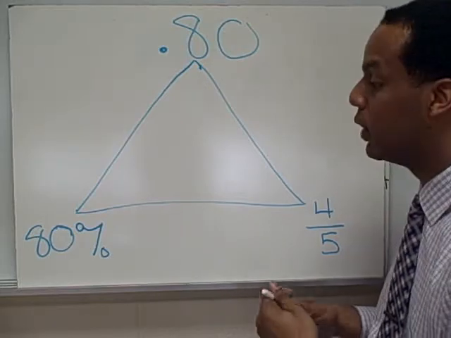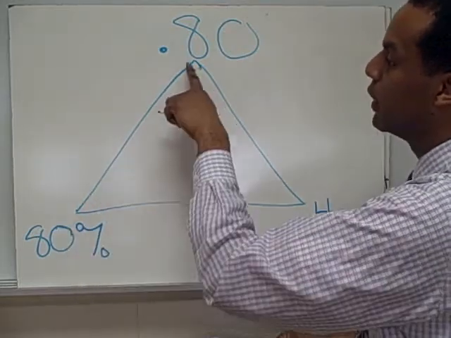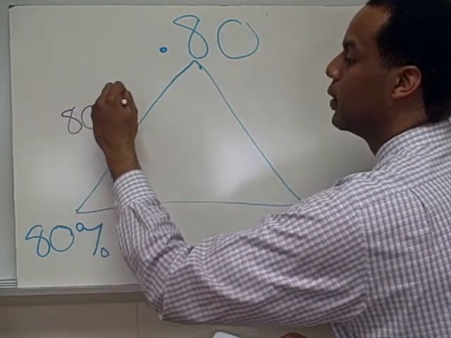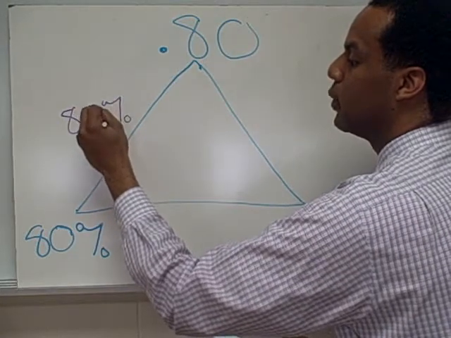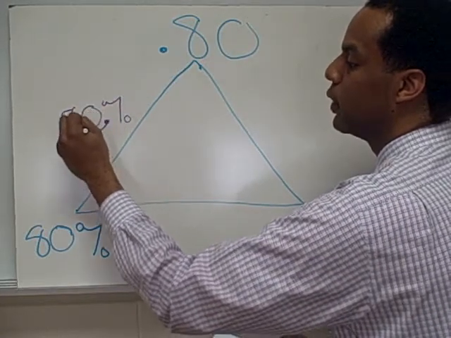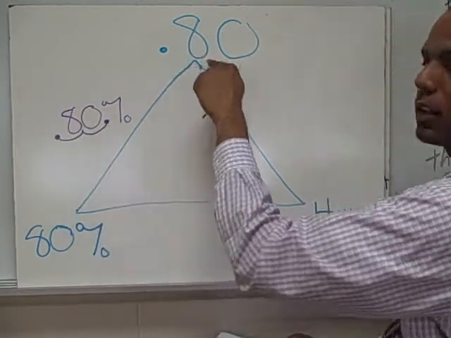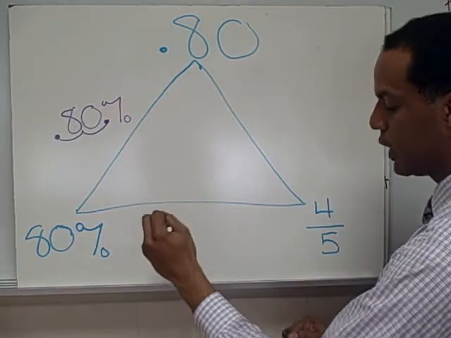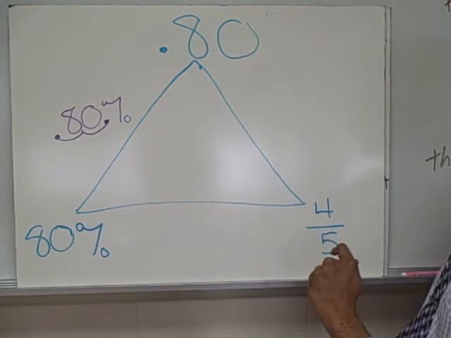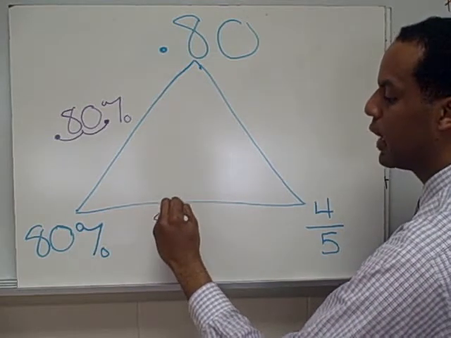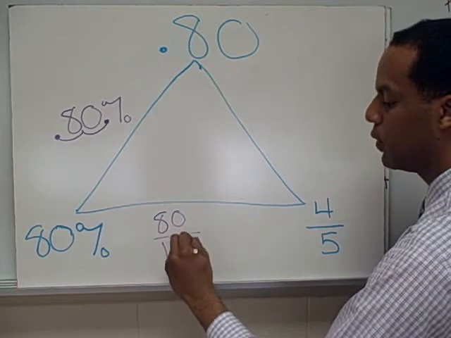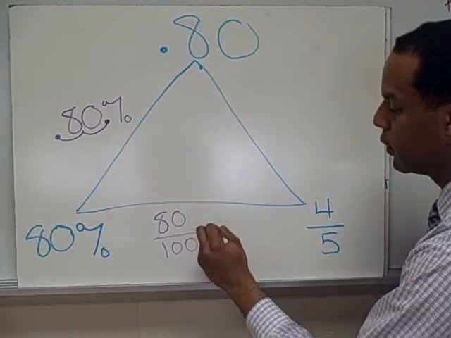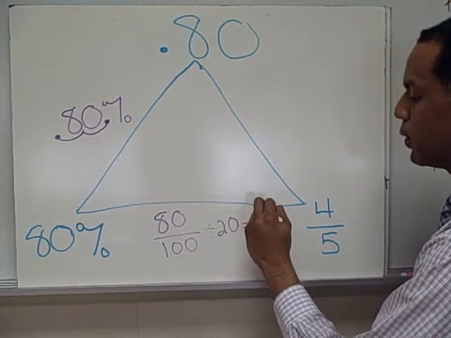100% is our whole. So, if I wanted to take 80% and turn it into a decimal, I just write 80%, and I move my decimal place over 2 places, and that will give me 0.80. If I wanted to go from 80% to this fraction here, I could do 80 over 100, and if we divide by 20, it will equal